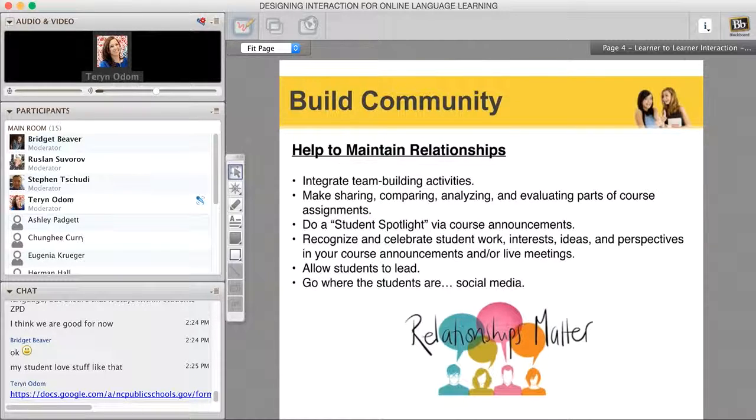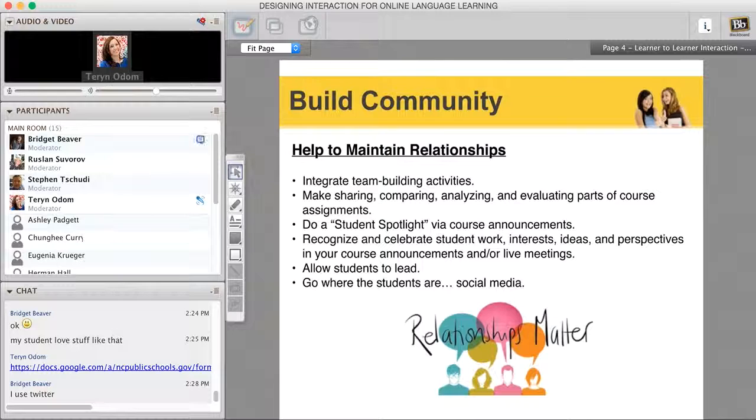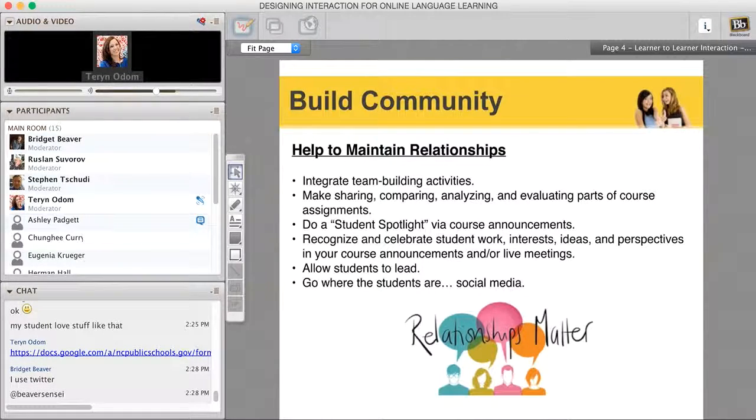Disclaimer, of course, is just to consider the age level and appropriateness of that. At NCVPS, most of our students are 9-12, but I've taught students as young as 5th grade. Sometimes we have special sections for elementary students, and a good bit of middle school students. But fifth grade is the youngest that I've done an online class, and so obviously there's a huge variation from my fifth grade student to my senior, and so you just have to consider those unfortunate, potential things that